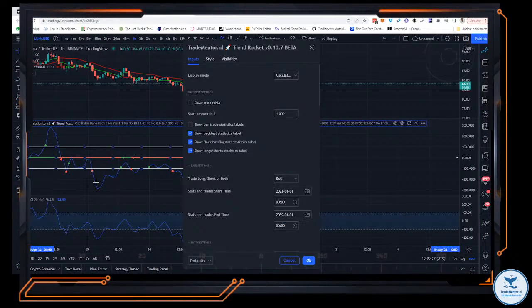Personally, when I'm charting and finding the best settings, I work in the oscillator mode so I can see what it's doing, and once I run it and I just want to see how it's doing, I move it to the